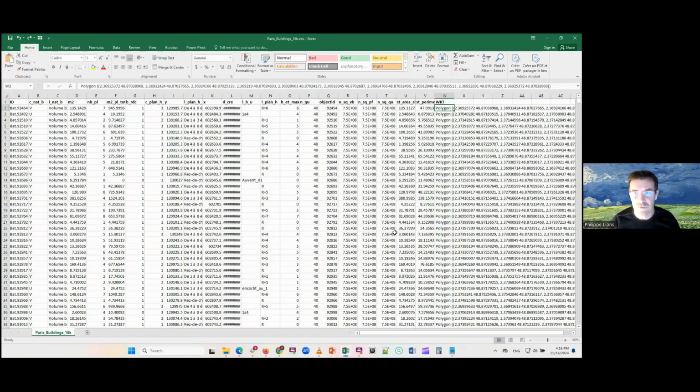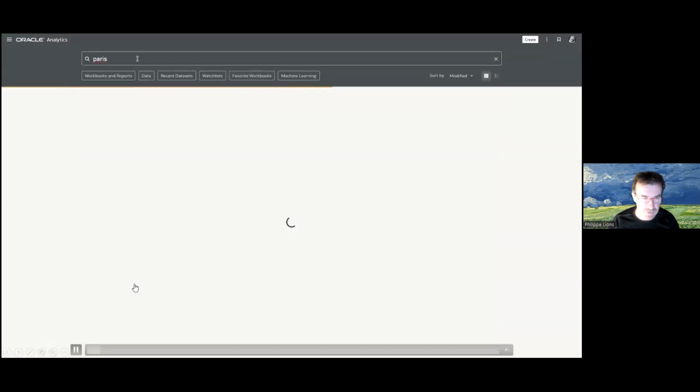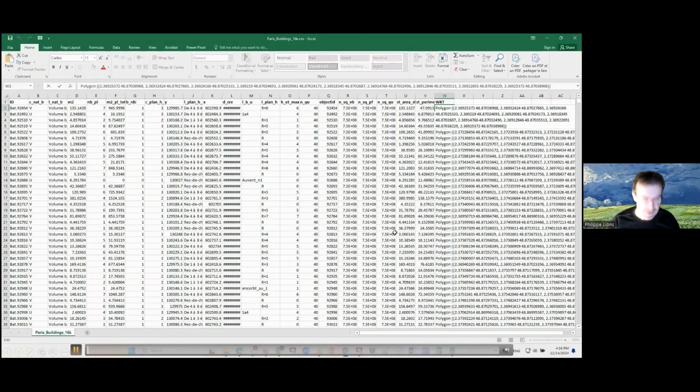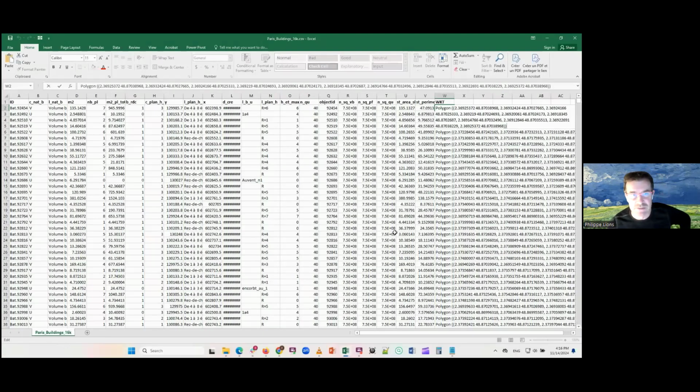I'm going to use an example of a CSV geometry source, if I can start this video. Okay, all right, so anyway, I fast forwarded a bit. So this is an Excel spreadsheet that has CSV data, which has some buildings in Paris, and this here is the WKT, the geometry data. As you can see, it's a simple expression that says, okay, this defines a polygon that has a shape with different lat-long pairs defining the whole polygon shape. So if I carry on, in my example, this is a CSV file.